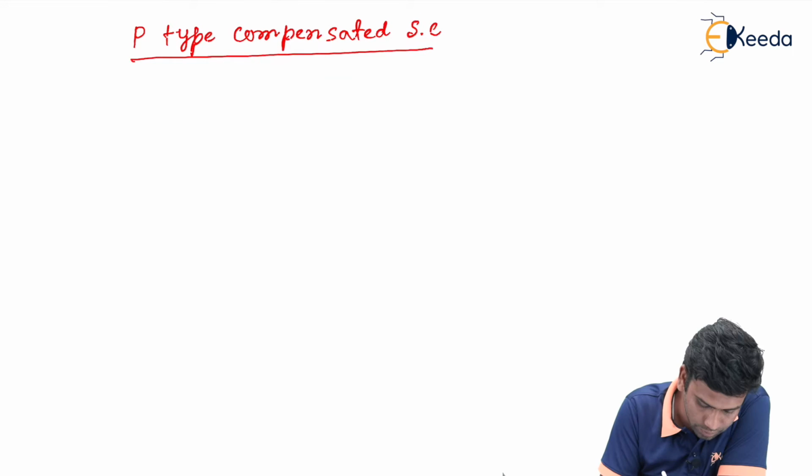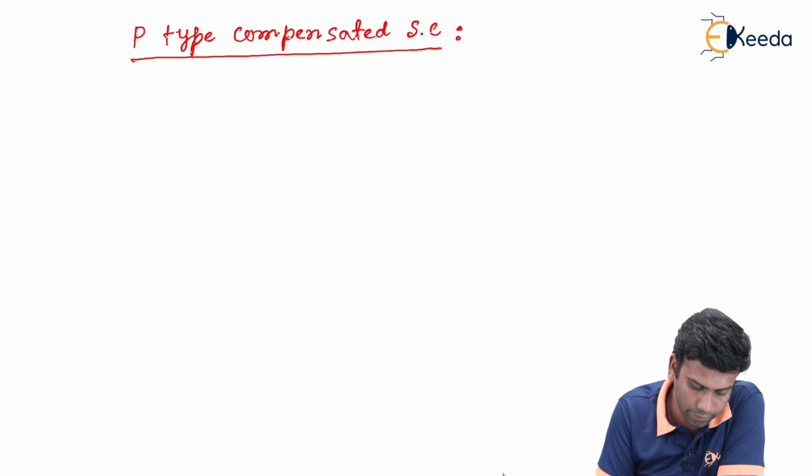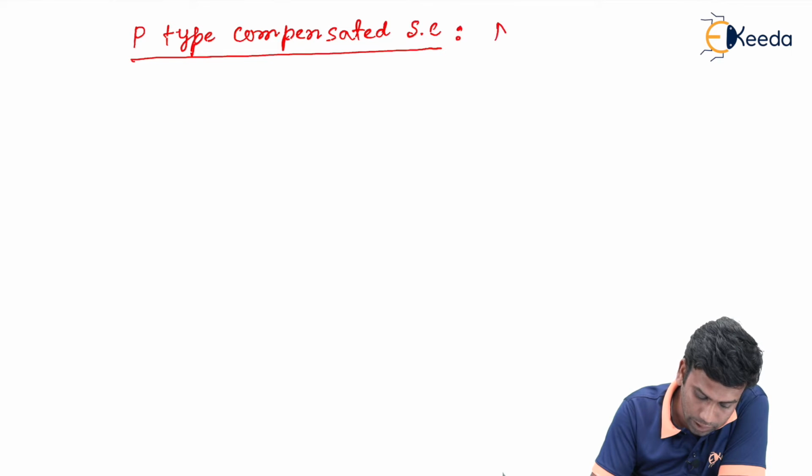So for calculating the majority and the minority carrier concentration in a P-type compensated semiconductor, we know that for the P-type compensated semiconductor, the value of the acceptor ion concentration, that is Na, is